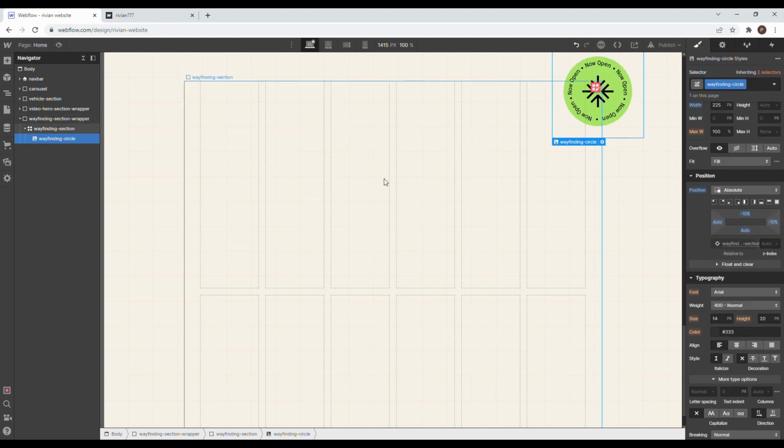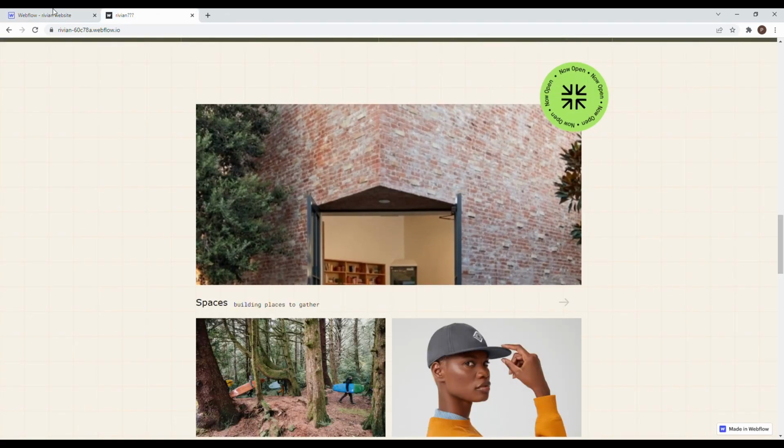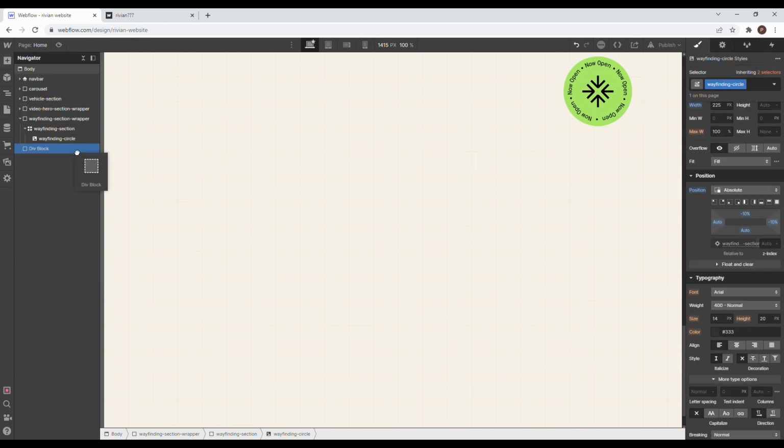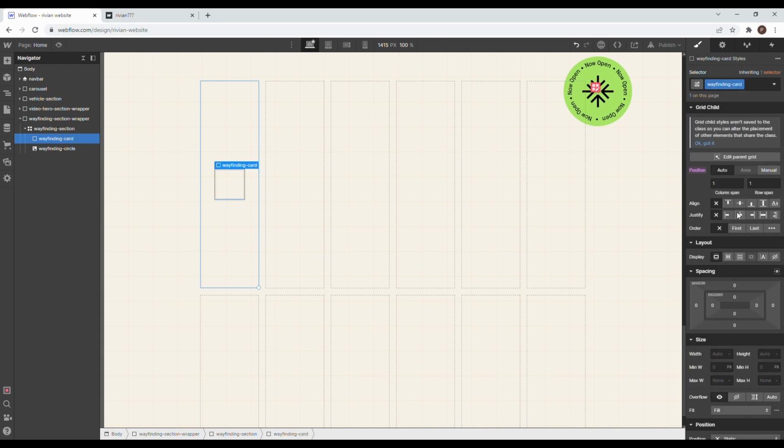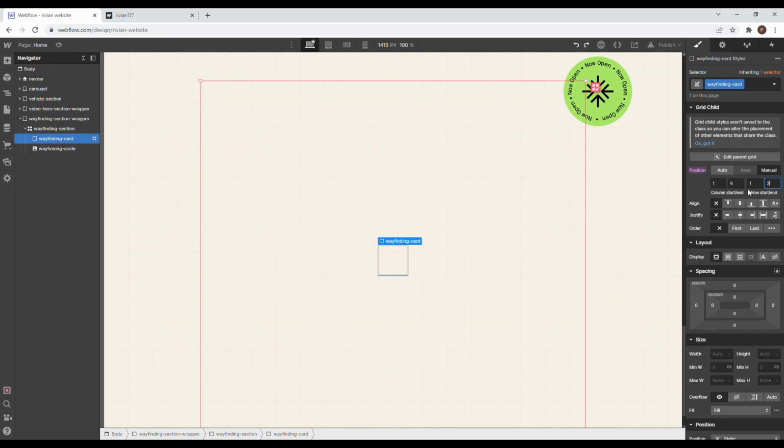There. Okay. Now, the next thing that I want to do is obviously get these cards in. So I'm going to drag exactly that in. I'll call this wayfinding card. This specific one is going to span from column 1 to 6 and rows 1 to 1 actually. Let's go back there. This is going to take up the entirety of it, so wayfinding card